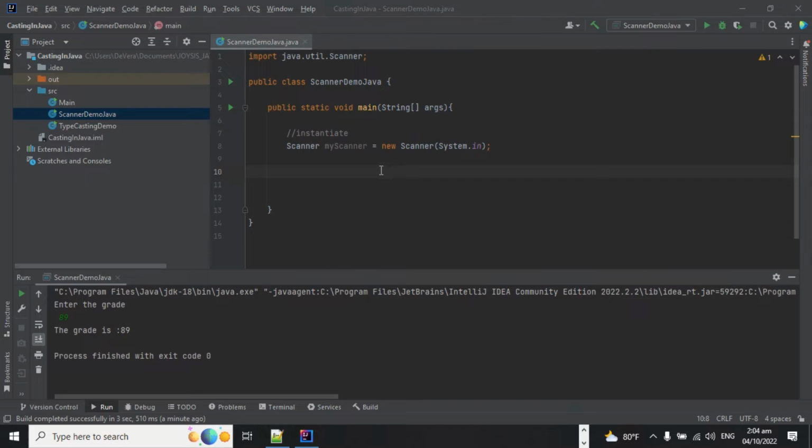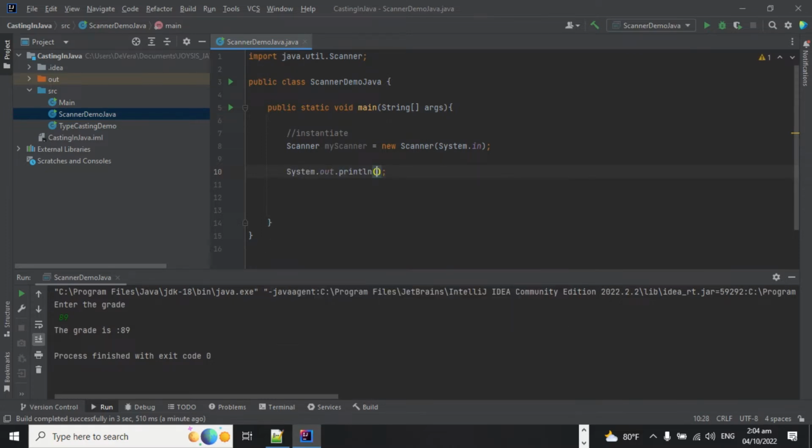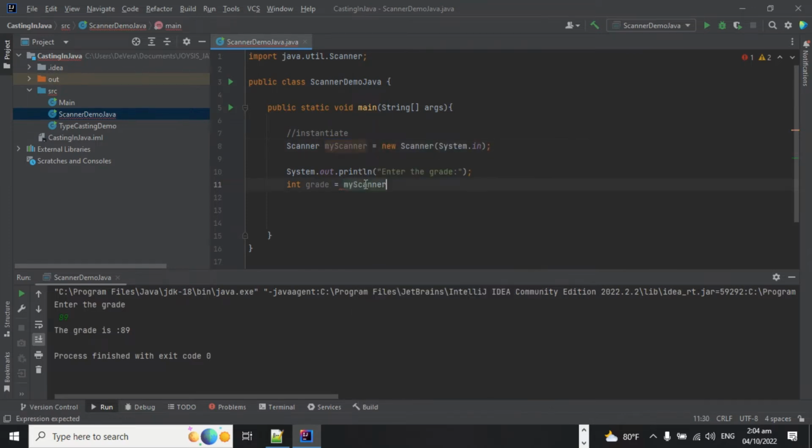Okay, to continue, I will prompt the user to enter an integer value. So let's go as out, "Enter the grade." And since it is an integer, we use int, this primitive data type int, and then the variable grade is equal to myScanner, a reference to the Scanner. I'll just copy this to avoid error. Dot